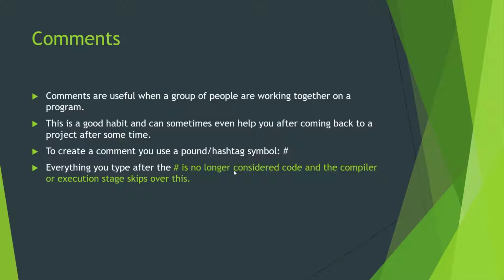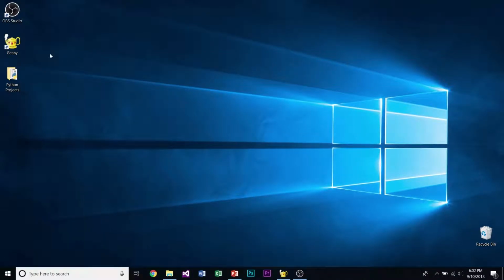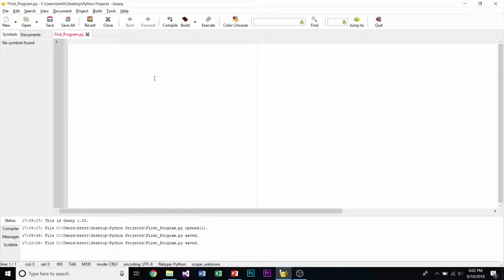So in Python, you start a comment with a pound symbol or hashtag. I call it a pound symbol, but today it's a hashtag, so whatever. Everything after it is going to change color within Genie. I think it's green. Everything after the pound symbol, the compiler, whenever you execute something, is no longer going to read anything after that pound symbol until the next line starts. It doesn't mean anything to the compiler, which we'll go into Genie right now and show you. So we'll do print